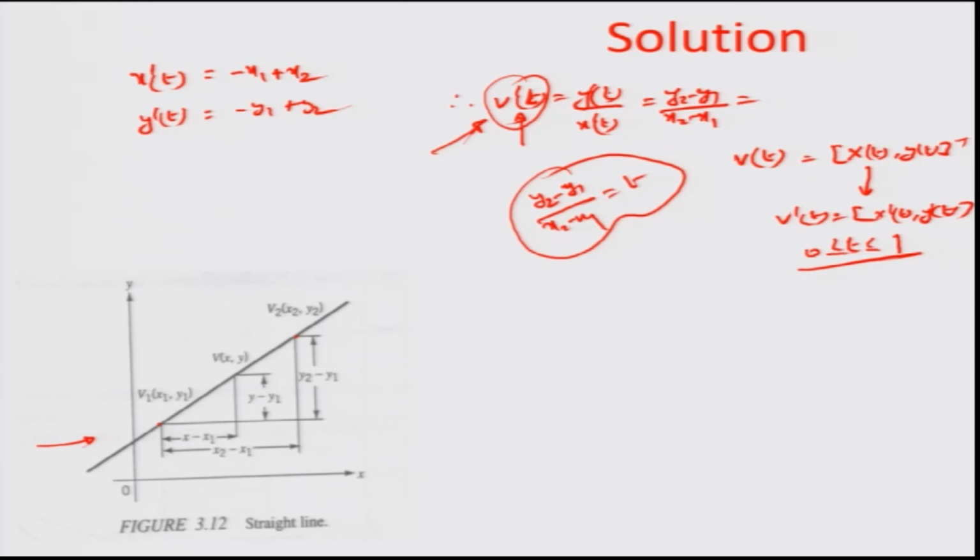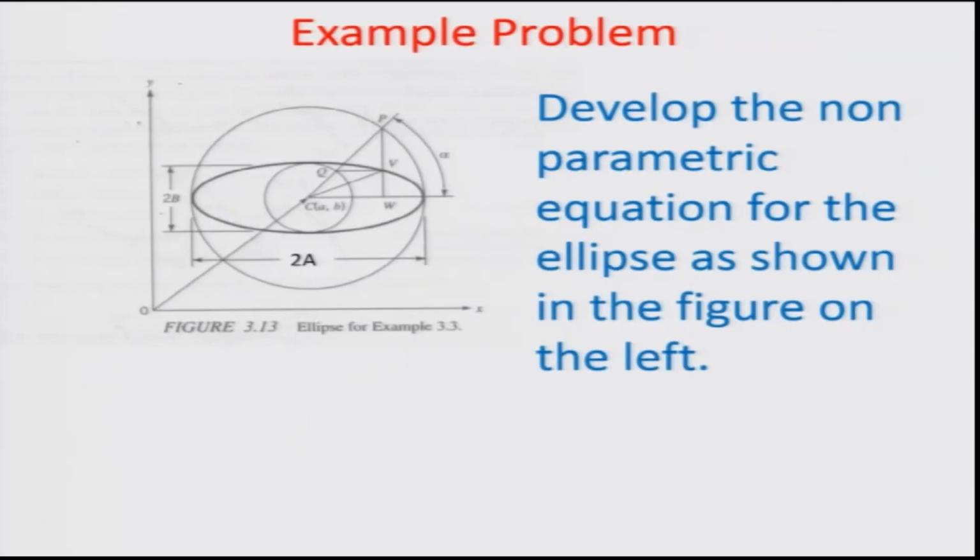So, you understand, I guess, what we mean by parametric representation and non-parametric representation. I will have you solve another example problem, where we want to develop the non-parametric equation of this ellipse, which has a major axis of 2a and a minor axis of 2b, and compare that with the parametric form. In doing it, we all know the major and minor radii of the ellipse being A and B respectively,